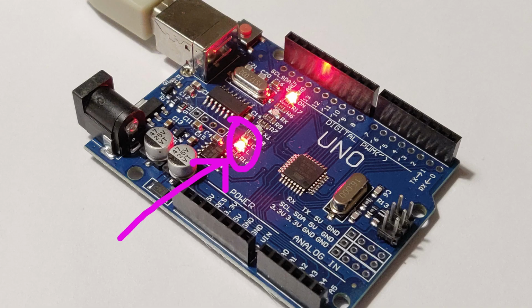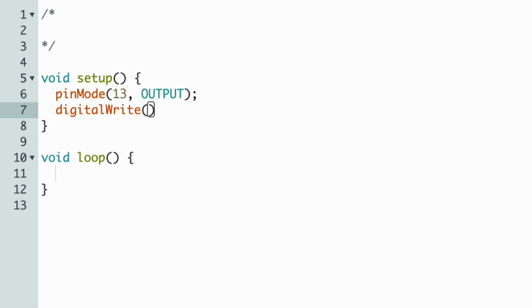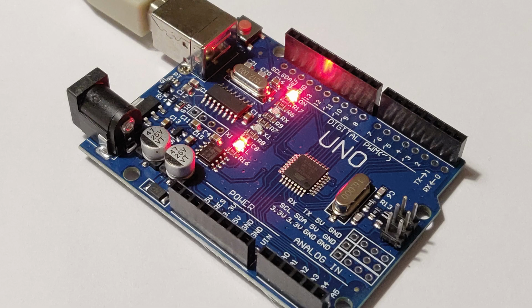Arduino Unos have a light you can control, this little LED. Let's play with it for a bit. The LED is connected to pin 13, so to turn it on we have to tell the Arduino to power that pin. We do that by marking the pin as an output, and then writing a high value to it. That pin will then be on until we tell the Arduino to turn it off again. Since we only have to do it once, we'll put this in the setup function. Now we can run the program and voila, the LED turns on.